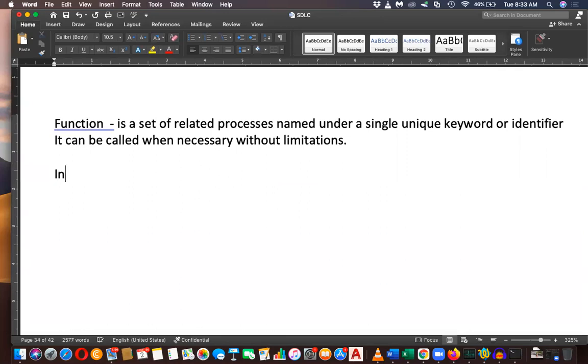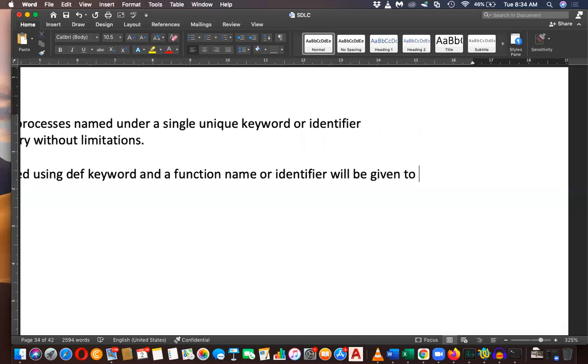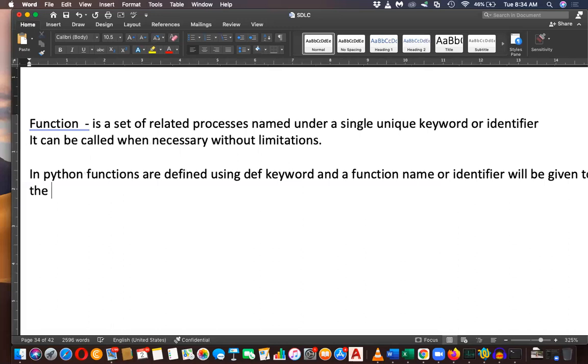In Python, functions are defined using the def keyword, and a function name or identifier will be given to identify the function.